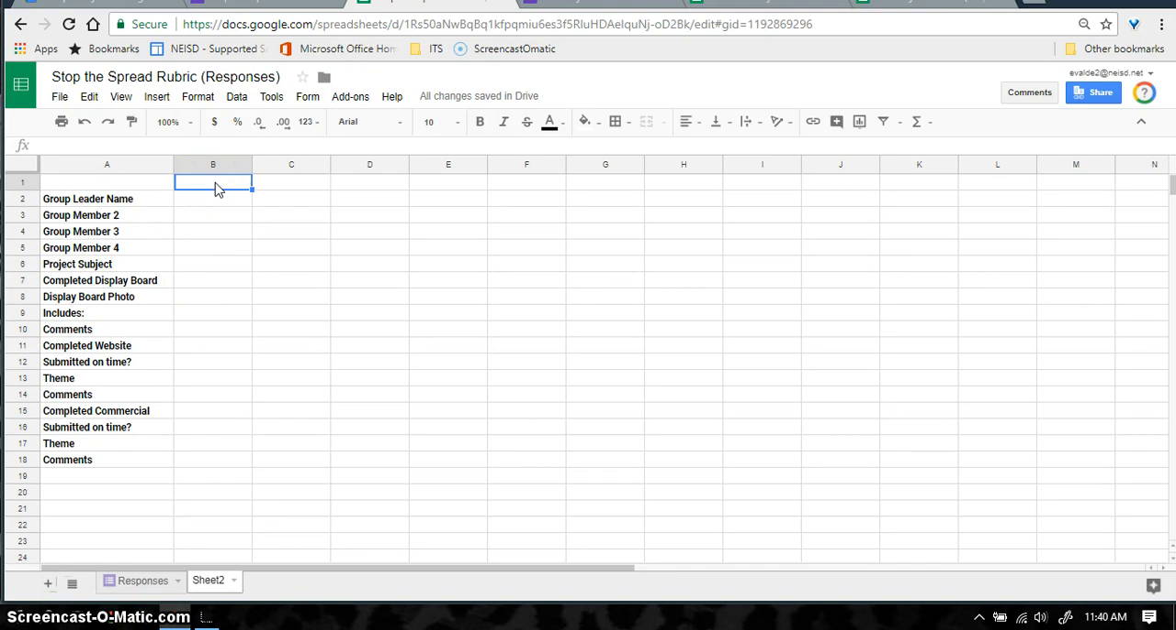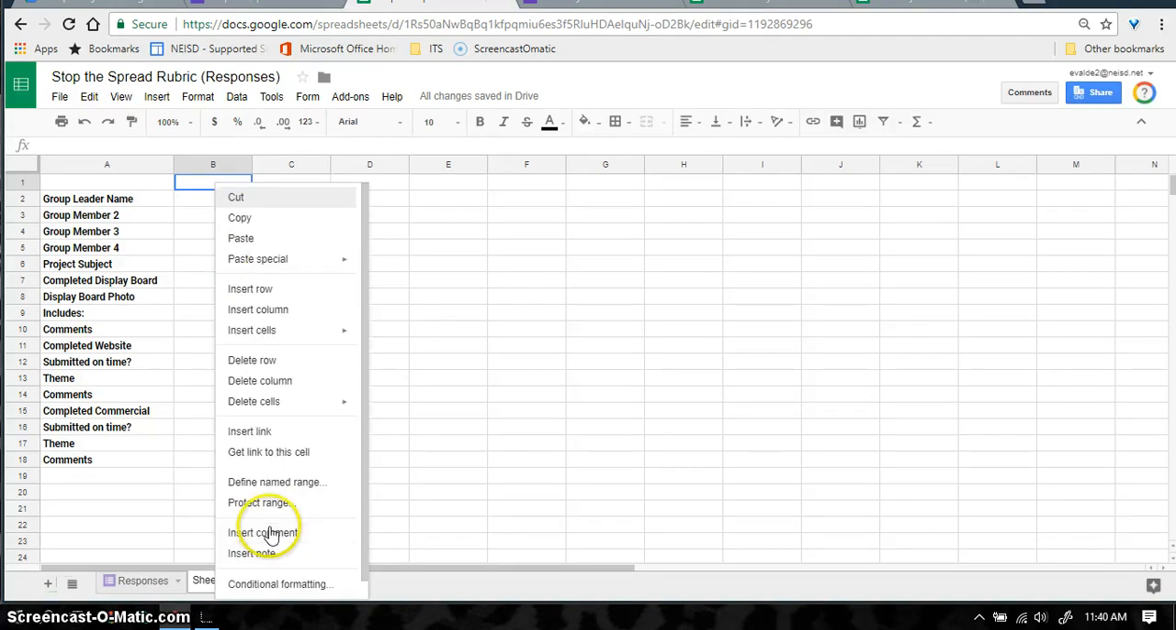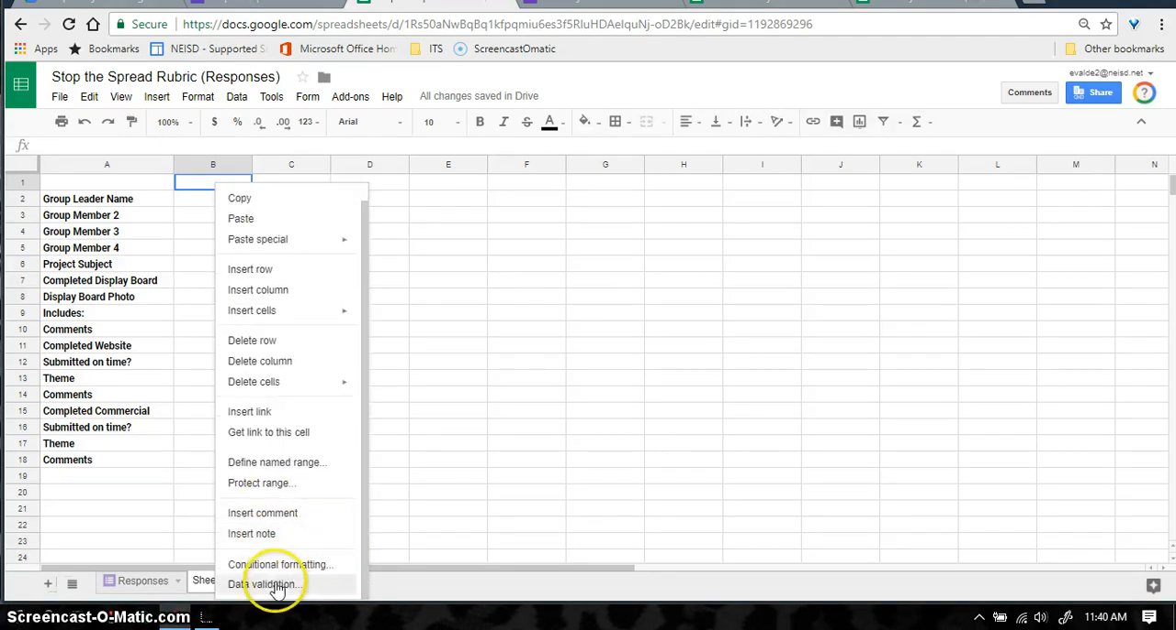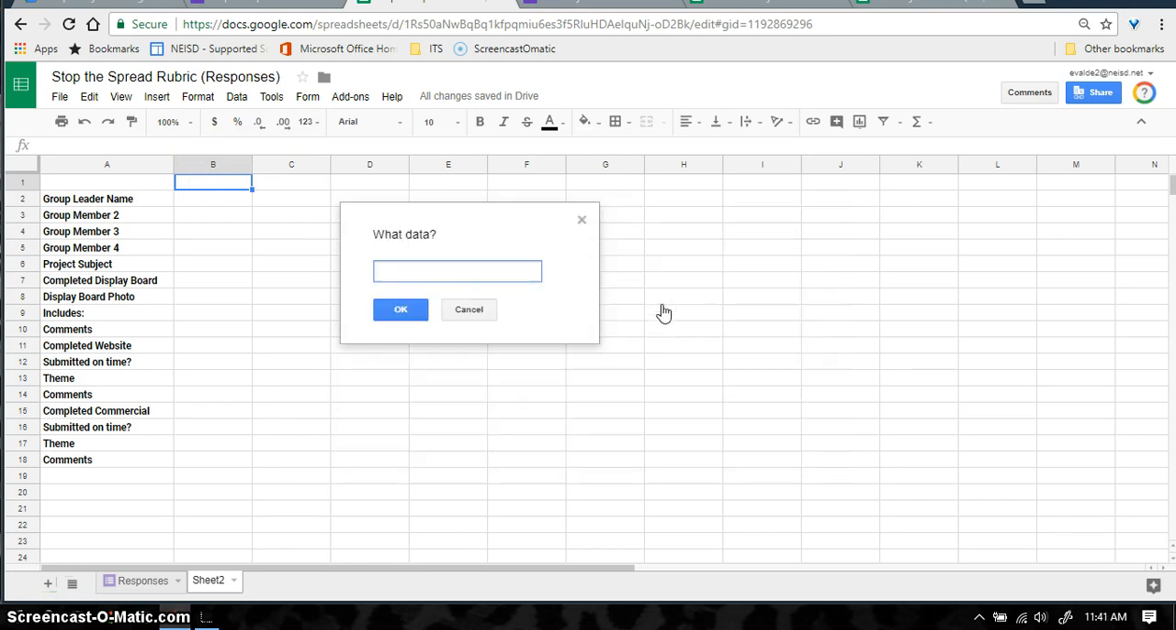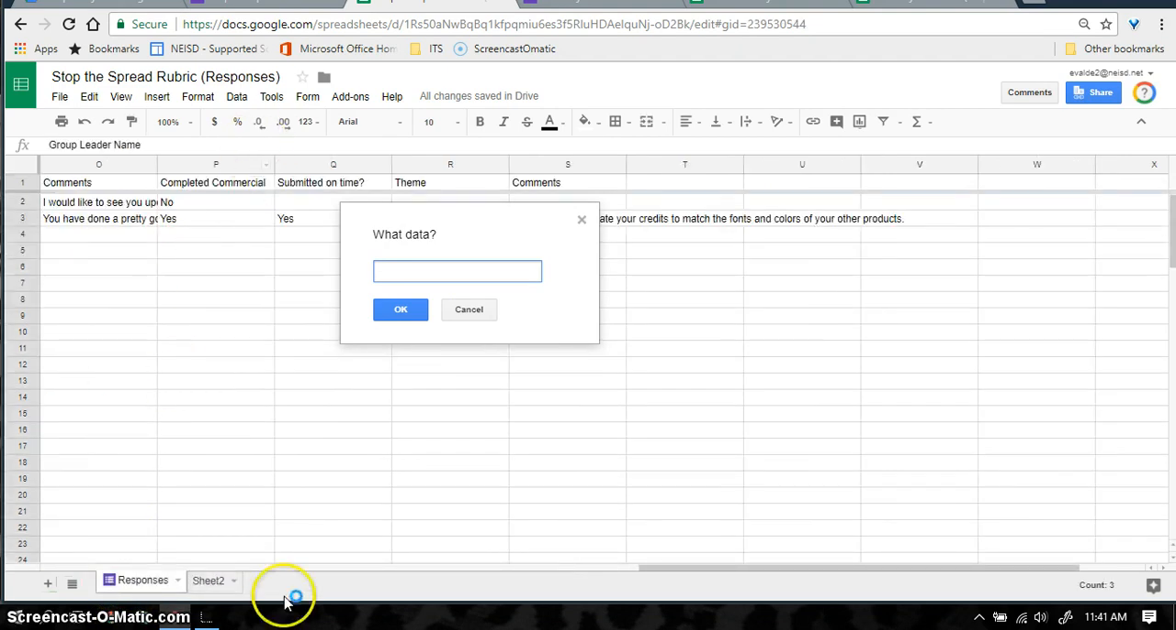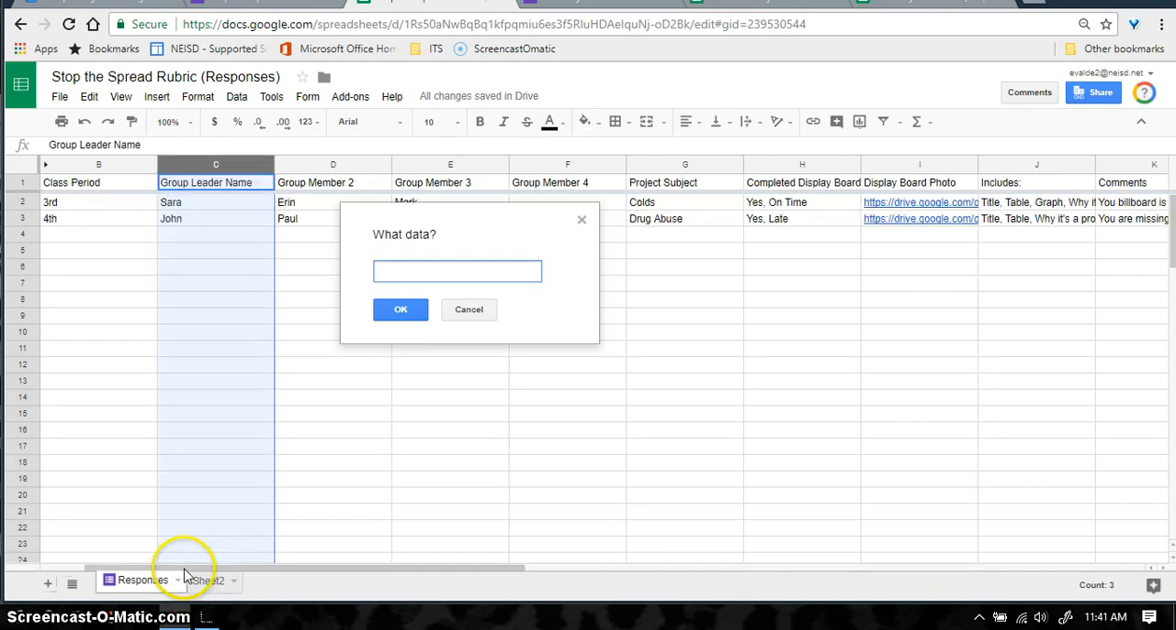So to do that, we utilize something called data validation, and this is just a tool that's available to you in Sheets. Hit data validation, and it lets you choose where you're putting your information and where that information is coming from. So right here you can see it says it's going to go to Sheet 2, B1, that's this cell right here, and then I'm taking this list from a range. Well, my range I'm going to select from my Responses tab. So I'm going to come here, I'm going to scroll back to the beginning,